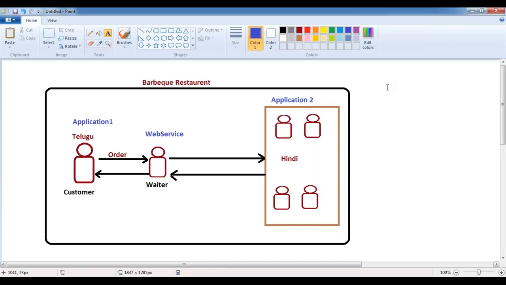So the web service makes the two different applications communicate with each other so that they can exchange the data, the information, the business logic, and the functionalities also. So in order to provide the communication, to exchange the data or the business logic or the functionalities between the two disparate systems,